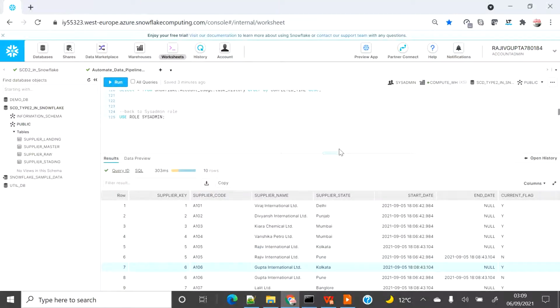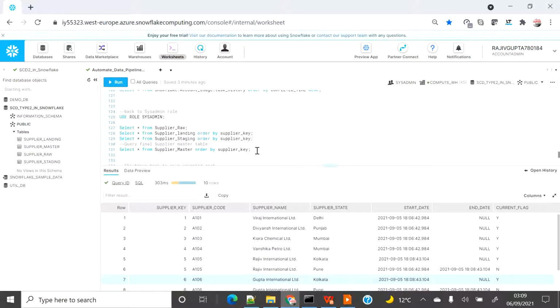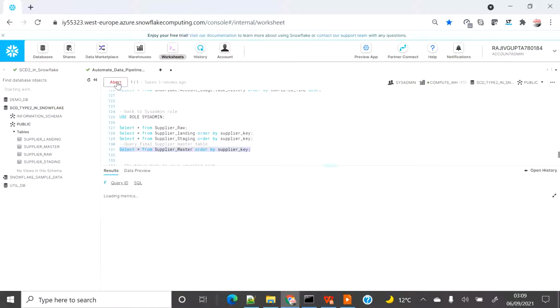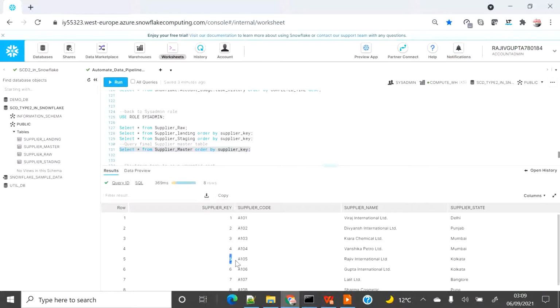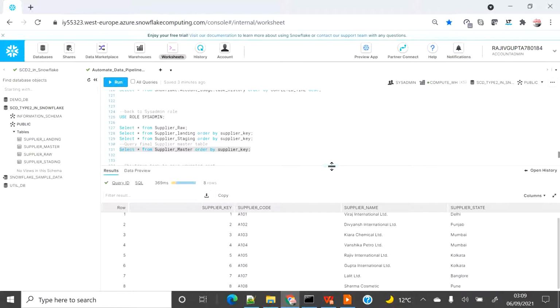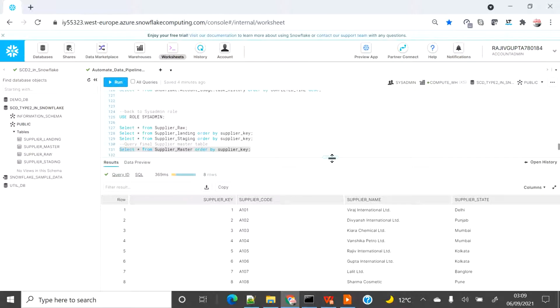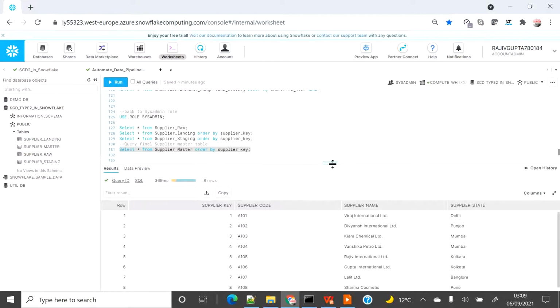So this is how we set the data, and a similar update is going to happen on the master. If you have seen the previous execution, there were 6 rows with Pune as the state for rows 5 and 6, but now that we have updated it, we will see Kolkata. So here you can see for 5 and 6, the row has been updated to Kolkata. This is how you can maintain your final end user table with the latest record while maintaining the history of the particular column, and this is how you will maintain SCD type 2 using task and stream.